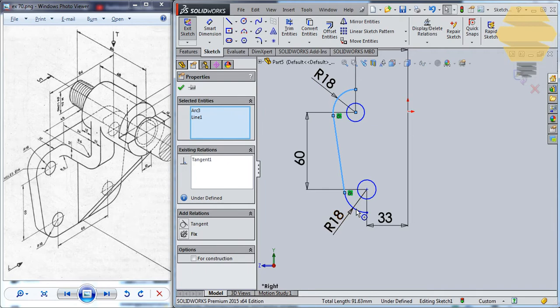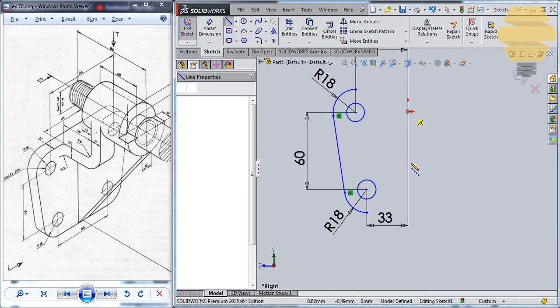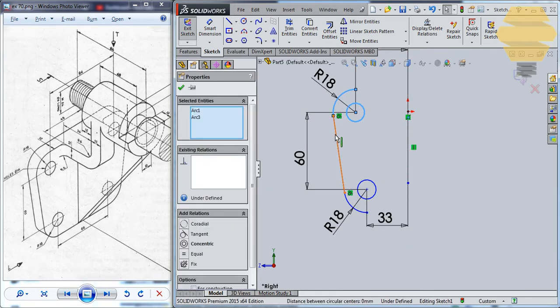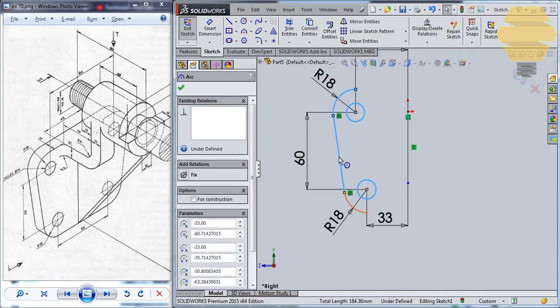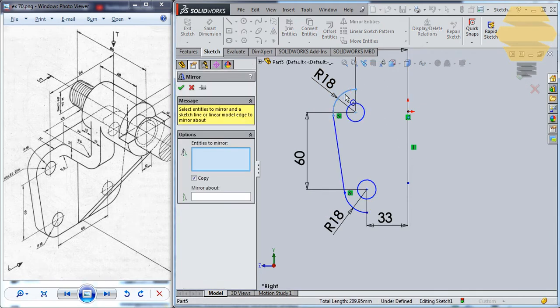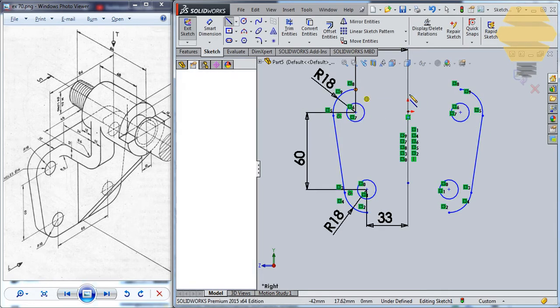and then use a mirror command. Before using the mirror command, you can draw a center line here. Then control select all of these geometries and go for mirror entities. Mirror about this axis here. Tick mark. Now you can use a line and just join this portion here